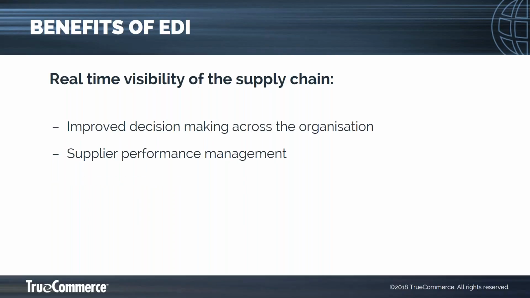And finally, real-time visibility across the supply chain enables better control and understanding, which in turn enables more informed operational decision making, impacting positively throughout the business. And we also see that where both the buyer and the supplier are working together via EDI, this increased visibility helps kickstart improved supplier performance and ultimately results in more on-time and in-full deliveries, which is beneficial for everybody.